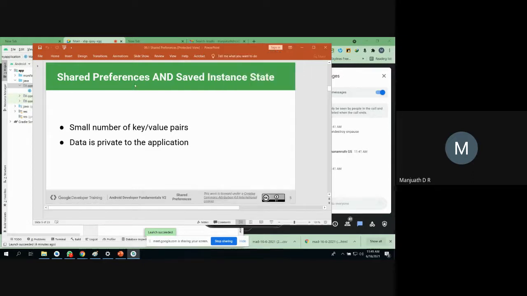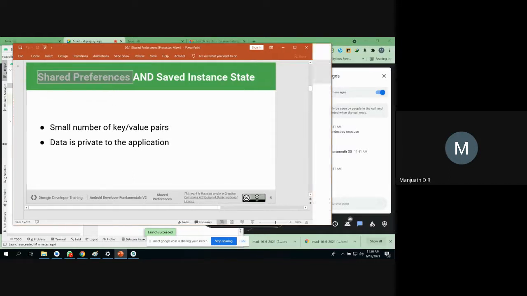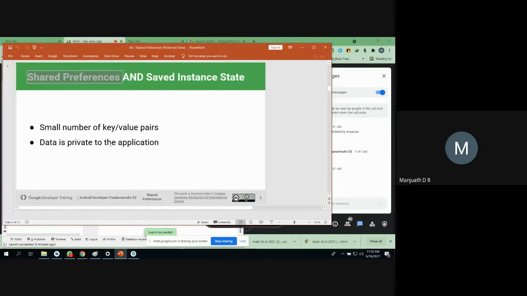That is possible because of shared preferences, okay? If you want to store values like strings or integers locally, private to that particular application, then the best way of storing and handling data is through shared preferences. You got it? The data is completely private to a particular application, whether it may be a browser, Flipkart, any other application, or your own app.